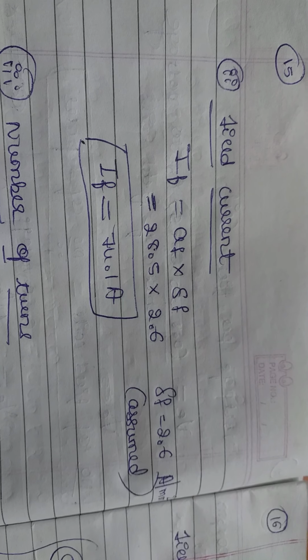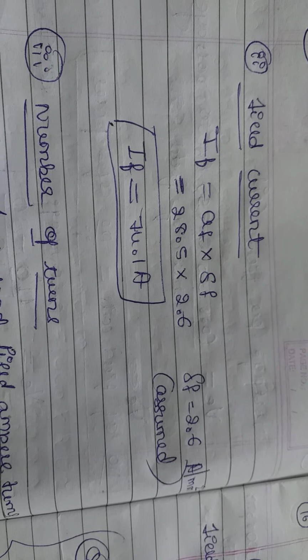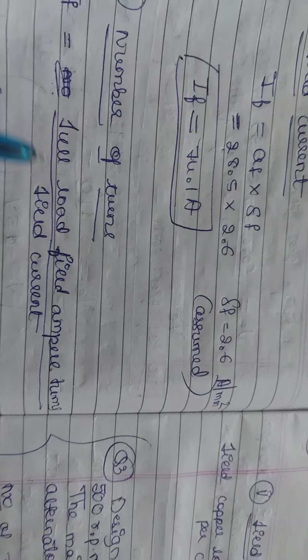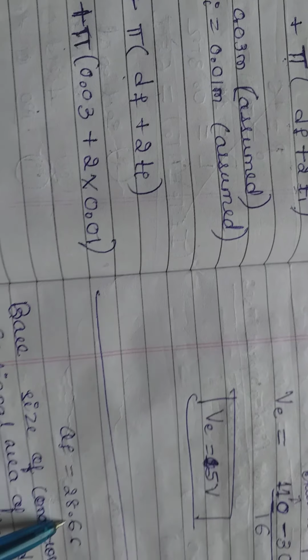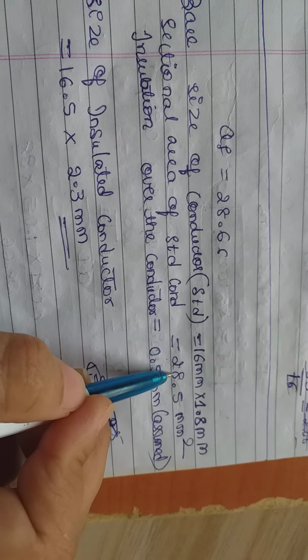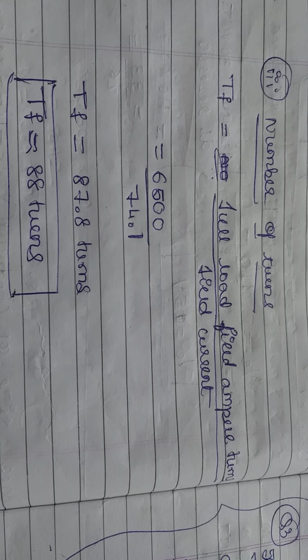So now let us move towards our second aim. Our second aim is to calculate the field current here. So field current IF is equal to AF into delta IF. AF is nothing but what we calculated just now, but this value needs to be taken from the standard value, not from the one which we have calculated. Which we have calculated was 28.66. But what is the standard? That is 28.5 here. So here we need to substitute 28.5 into delta F assumed as 2.6. So field current how much we are getting? 74.1 ampere.